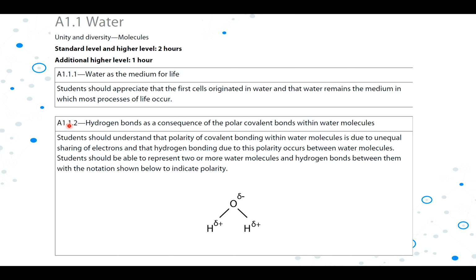In the next section, we'll talk about how one water molecule binds with another water molecule. There will be a hydrogen bond formation, so we'll talk about the conditions and the requirements for the formation of this bond. And we'll also talk about the formation of the single water molecule by covalent bond within it. We'll also talk about why there is a charge formation on oxygen and hydrogen.